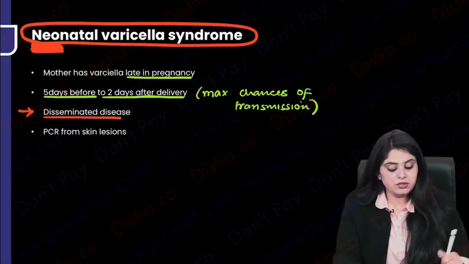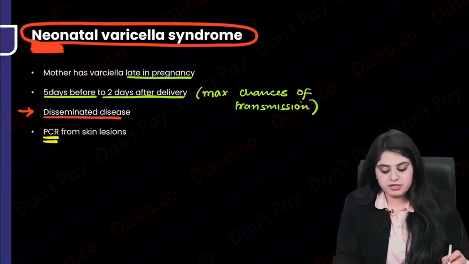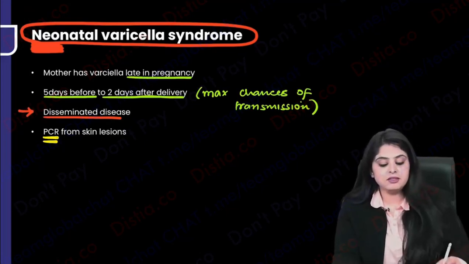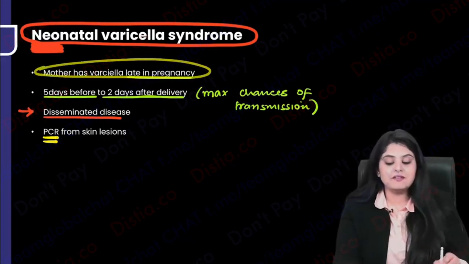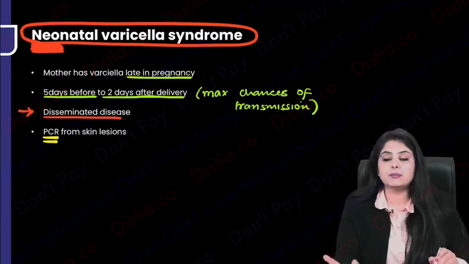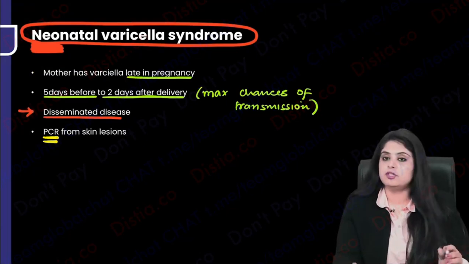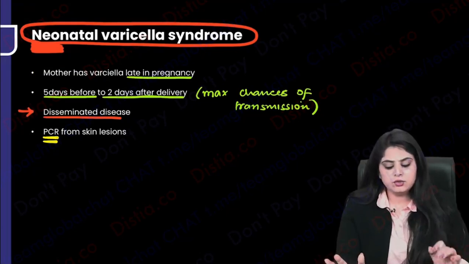How are you finally going to do the diagnosis? Whatever skin lesions or whatever lesions the child has, you take a biopsy or you take a sample from there and you do a polymerase chain reaction. But you also need to know how you will treat this child. So see, if a mother has had varicella, there are two situations, listen to that carefully. Mother has had varicella late in the pregnancy. You can see that, okay, the mother has got chickenpox and it's the third trimester, you cannot even terminate. So now what are you going to do? You have two situations. The child is born. To look at, the child doesn't have any lesions as of now.